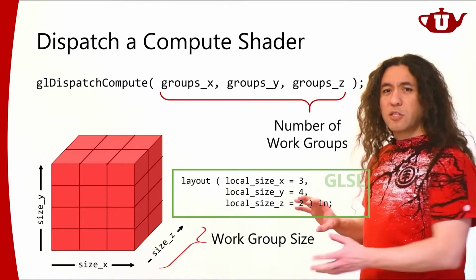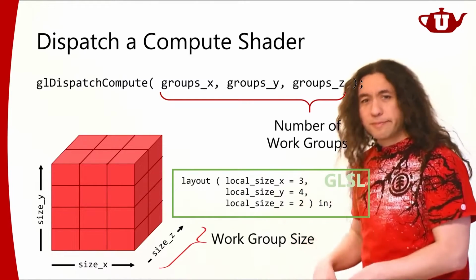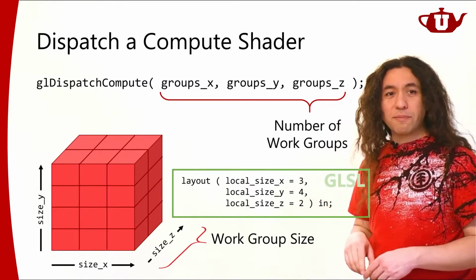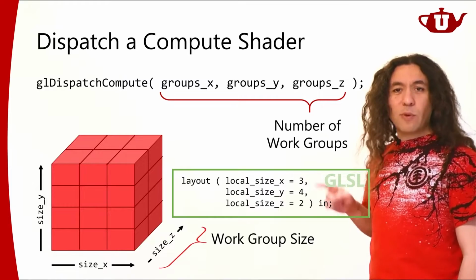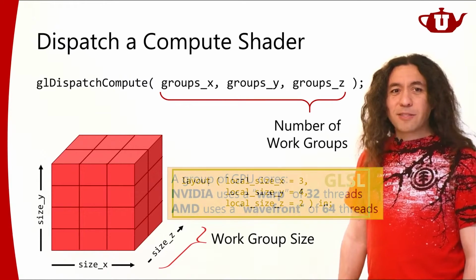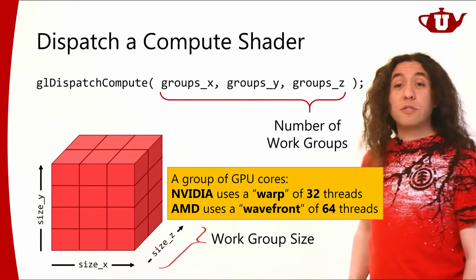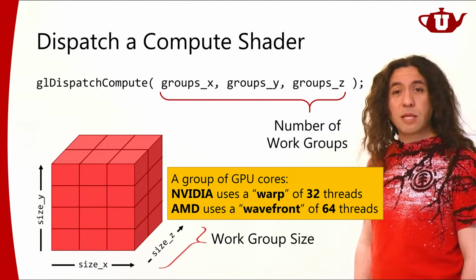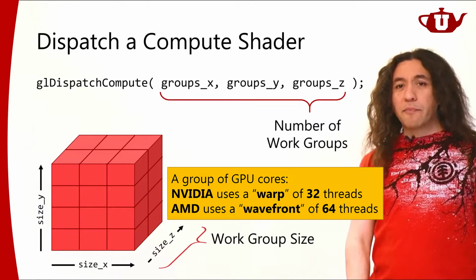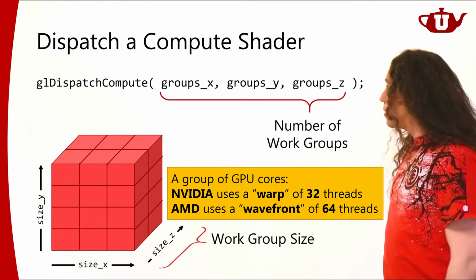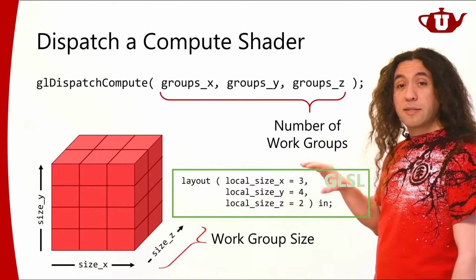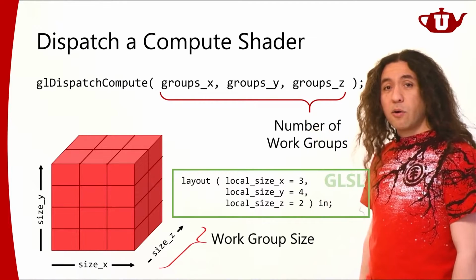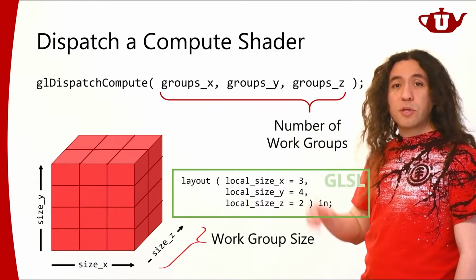So if I just give this group to a warp, not all threads will be doing stuff, right? Because I'm only using 24 of them. That's why I'm saying 24 is not a good number. So you need to know what your GPU supports. It might be different for some GPUs. Anyhow, this is going to be the structure. I have this local structure of a work group, and I also have a bunch of groups when I dispatch a compute shader.